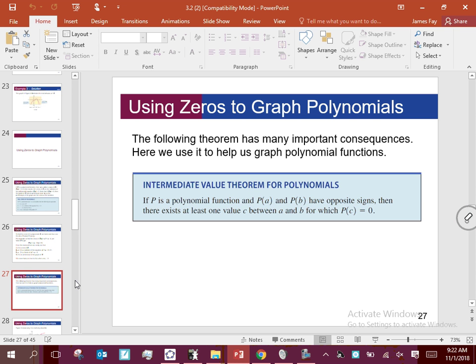Okay? If those two evaluated values come back and one is positive, one is negative, that tells you that there's an existence of a zero between those two x values. Okay? Now, it's an existence of at least one zero. There could be more, okay? But we know one has to occur, okay? And we should then be able to narrow our focus in on what potentially that could be,